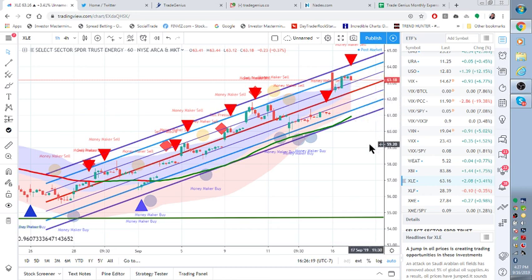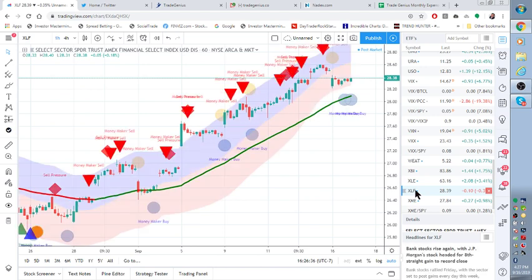I think this is going to come back down and test this moving average, and then I'm just going to keep rolling it for cash. It's also my hedge a little bit against my short position I have in oil for October as well. Okay, here's the XLF financial,